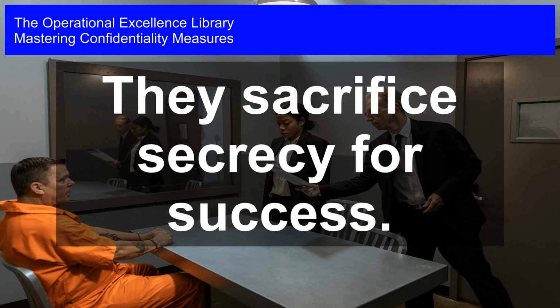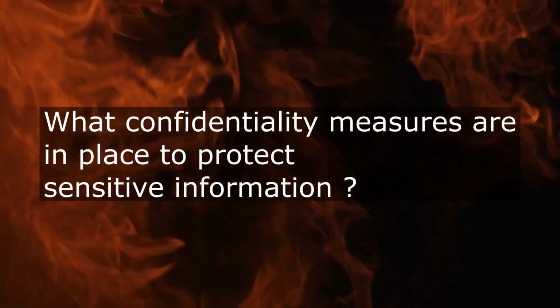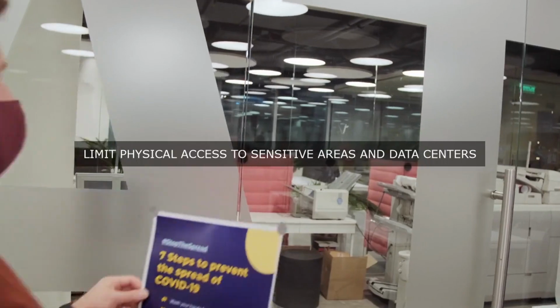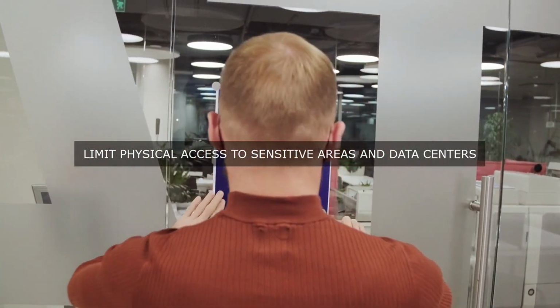Mastering confidentiality measures. They sacrifice secrecy for success. Where do they implement robust confidentiality measures to safeguard sensitive information and ensure its protection throughout its entire life cycle, from collection and storage to transmission and disposal, thereby maintaining the highest standards of operational excellence in their daily business